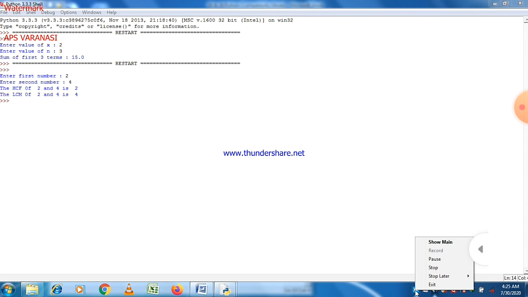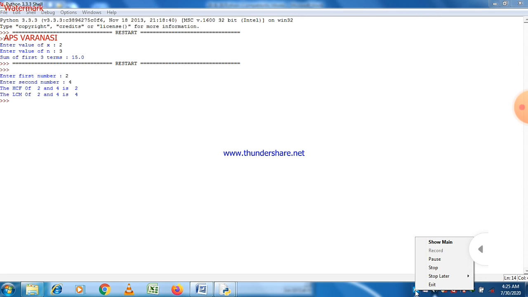Whatever you apply within a program, if the logic is correct, the answer will always be correct. If the logic is incorrect, then the answer will also be incorrect. So there are two types of error in a program: basically, syntax error and logical error. Syntax error is related to the grammatical rules of a particular language, and logical error is about the logic behind that program. So if you apply wrong logic, you get a wrong answer, and if you apply correct logic, you always get a correct answer. So programming is all about how to apply logic.